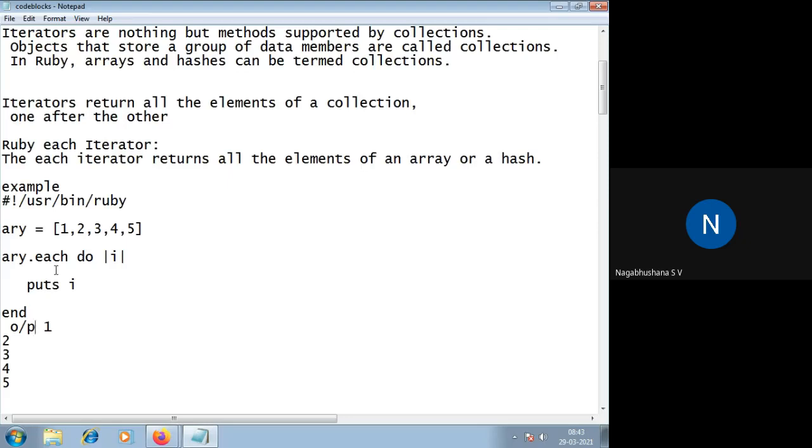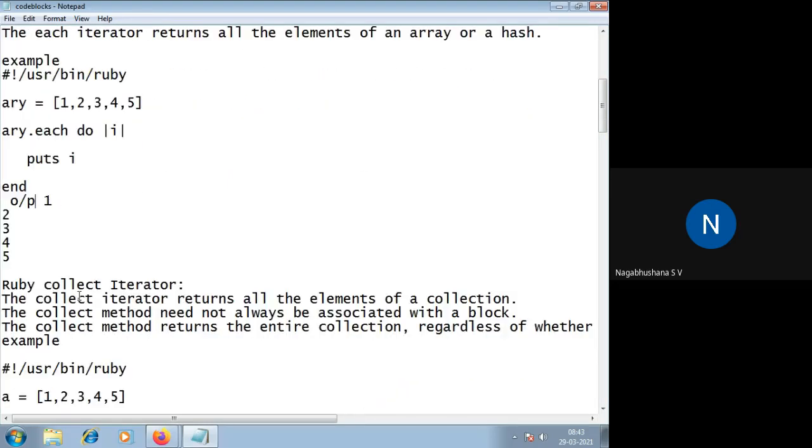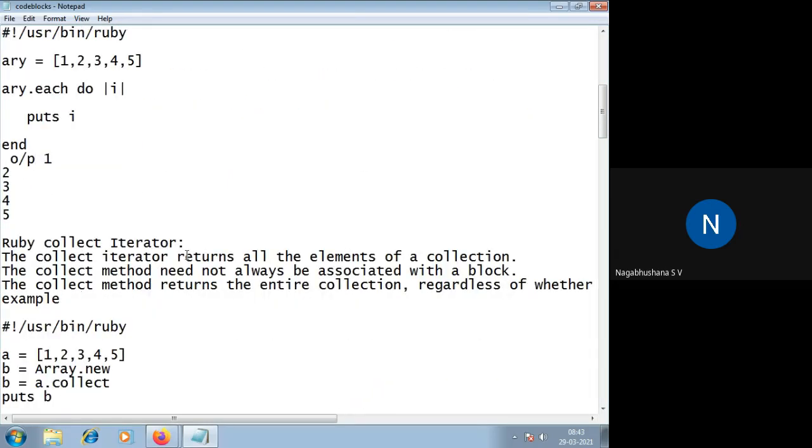So there are many iterators available. The first one which I discussed is the each iterator. The second is the Ruby collect iterator. The collect iterator will also return all the elements of the collection. So what is the meaning of this?